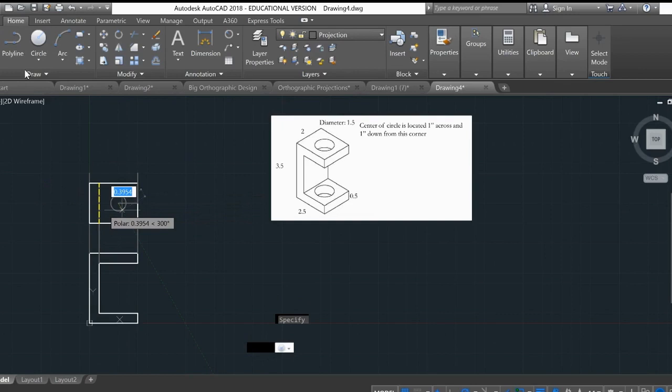And then you see how the command line, if you read the bottom of my screen here, says specify the radius of a circle. So the dimension I gave you was the diameter, but AutoCAD wants a radius. So we can do one of two things. We can type in 0.75, which is half of 1.5. Or I can click right here on where it says diameter, click on that, and then type in